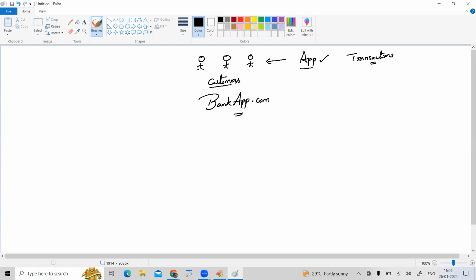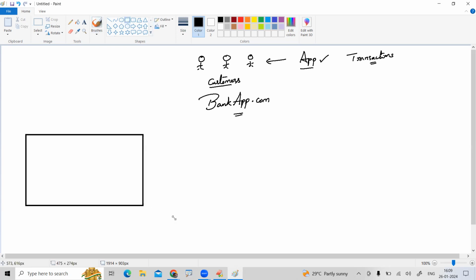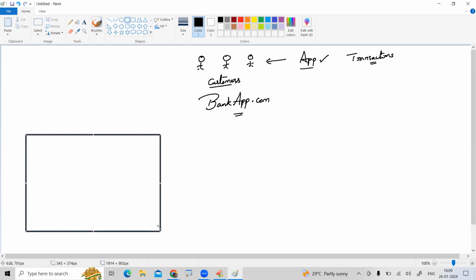They will visit the website, and one website will open. This website is called a client, or you can simply call it a user interface. How can we develop this user interface? Whenever you open this application,